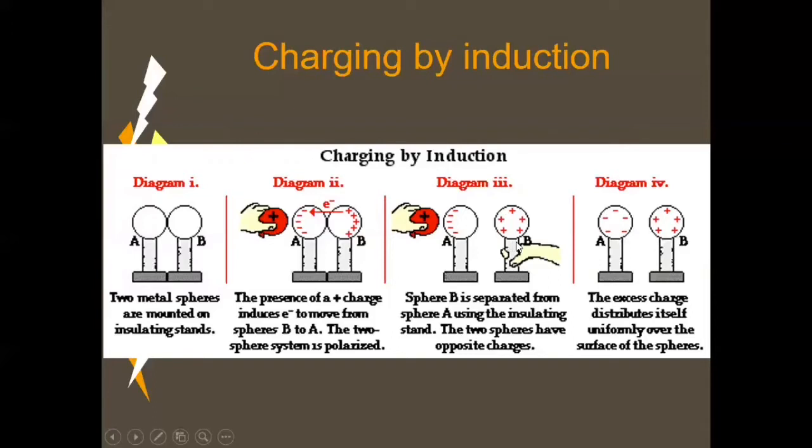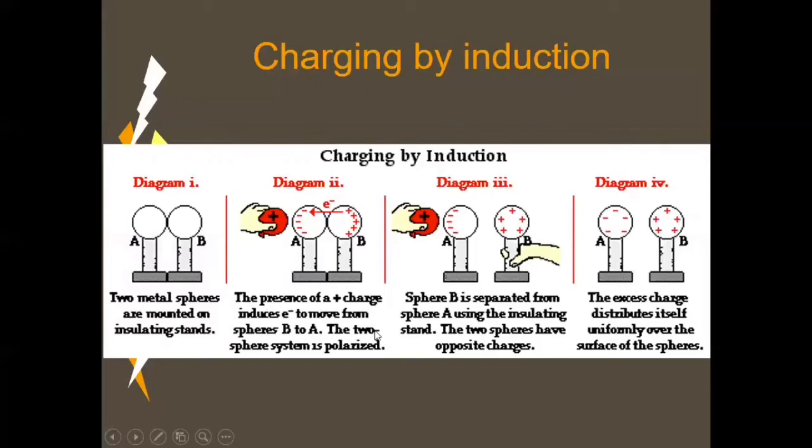We have already separated the charges, and this is how we separate the charges. Now, my question to you is, what will happen if we do not create a space between the spheres and we remove this? Before creating a space, if we remove the charged object that we brought near, the charges will again be neutralized, as there won't be any space. It will be just like this, and just assume that we don't have this object right here. So the negative charges will be spread out equally because there are more positive charges present over here. Okay? So the negative charges will be spread out equally and we'll have neutral spheres as in diagram 1.